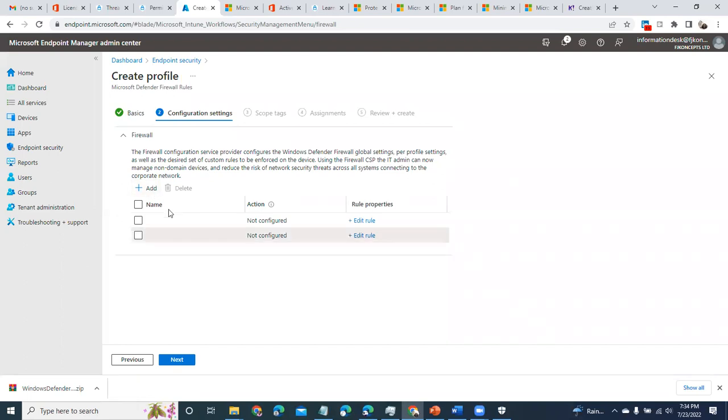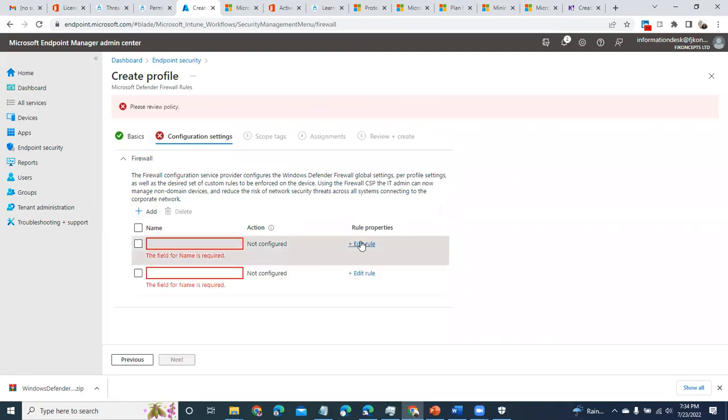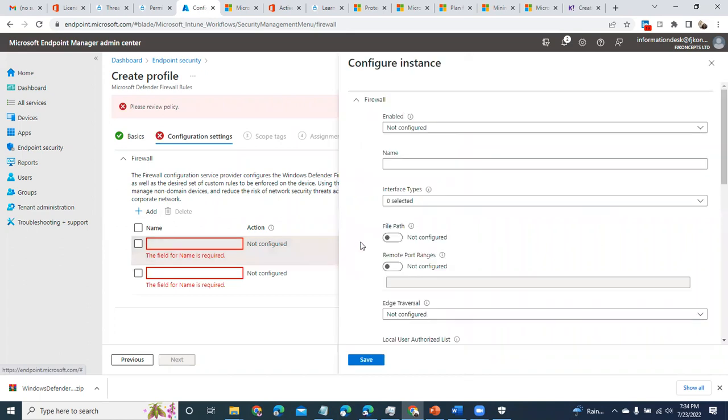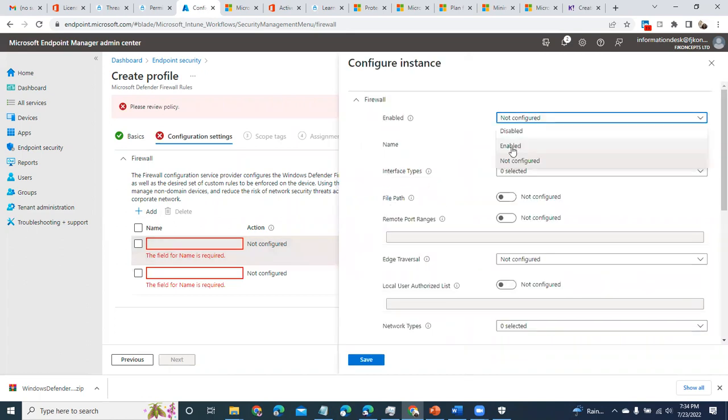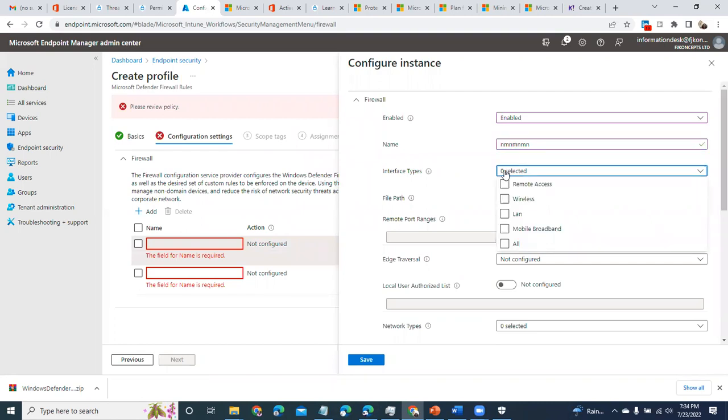And then you add, and so here you enable your rule, call it whatever you want to call it. Do you want this permission to be allowed when the person is remote, or when the person is on a wireless network? Technology is so sweet.